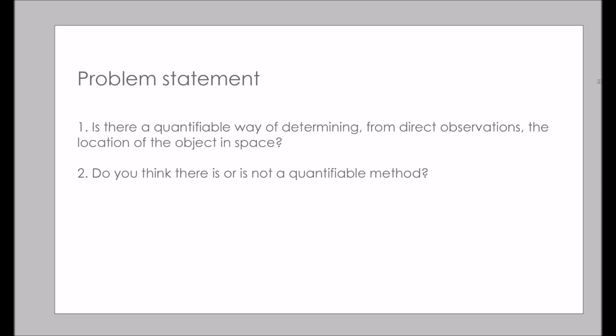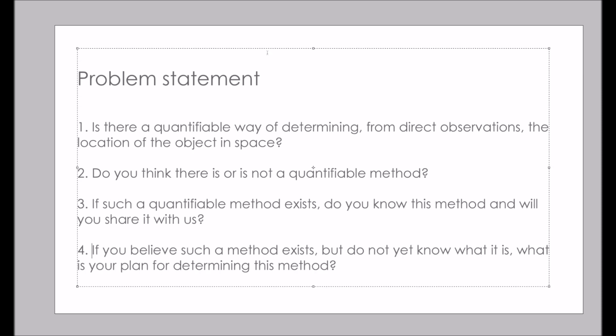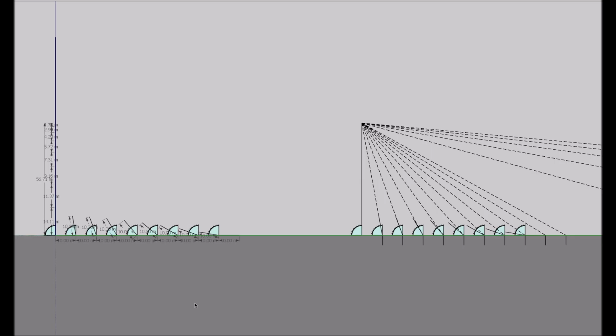And then, if you're going to claim such a method exists, tell us how you intend to determine what that method is and what your plan is for developing that method. If such a quantifiable method exists, do you know this method and will you share it with us? And if you believe such a method exists but do not yet know what it is, what is your plan for determining this method? I'm going back to this SketchUp model here because if you're in the category 4 there,